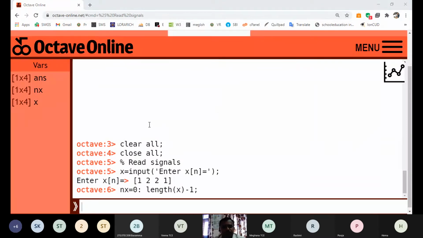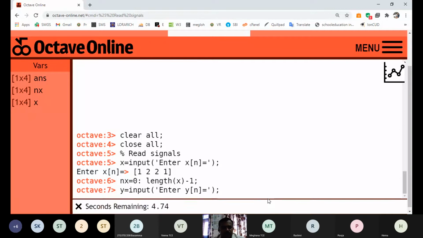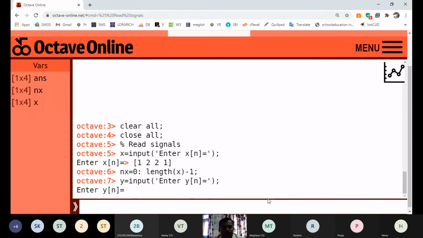Similarly, perform reading of another signal, that is y. Let me declare a y variable, and it is going to read another input signal, that is y of n. When you call the function called input, it is going to wait for the input given by the user.